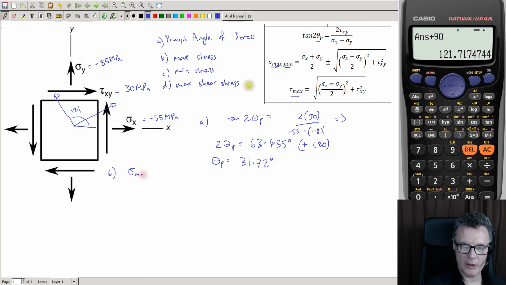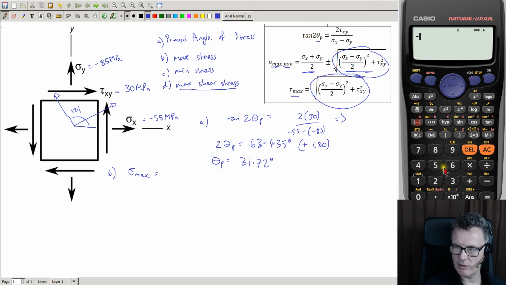Now, since I've been asked for the maximum shear stress, we notice that this term here and this term here are the same. So I'm going to do the trick of working out this term and this term before I plus and minus them. So max equals, we got minus 55 minus 85 divided by 2. So that's a minus 70